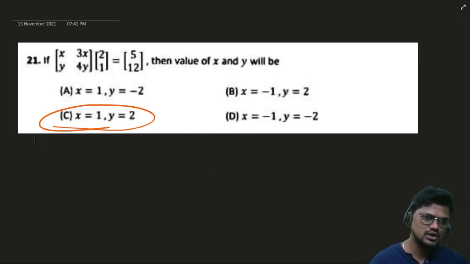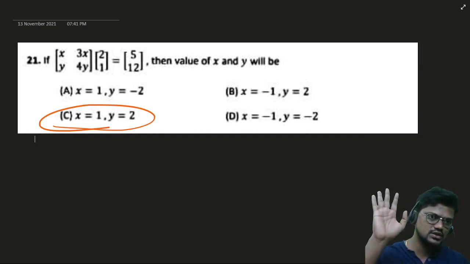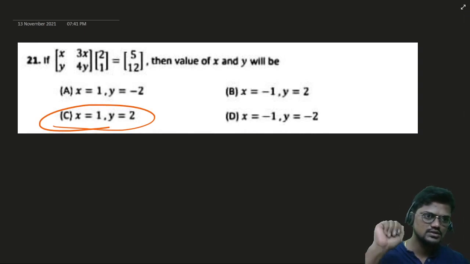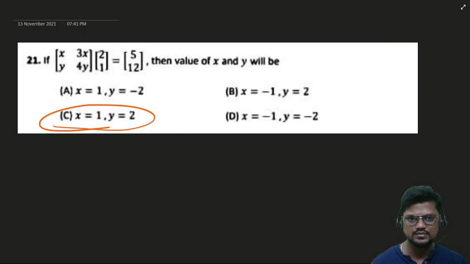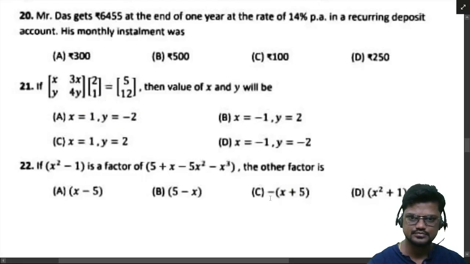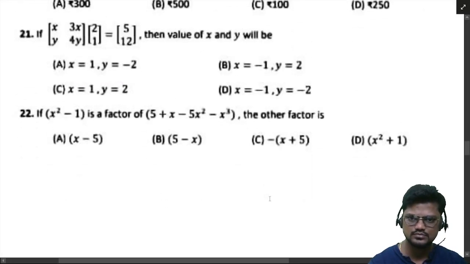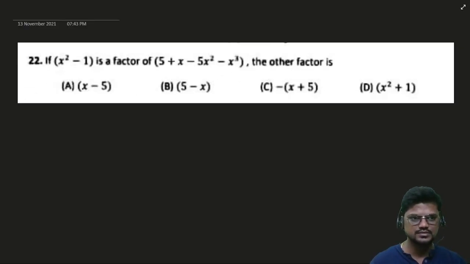Anyone over here want me to solve? Please raise your hands. Then I will solve it. Anyone over here want me to solve this question? Then please raise your hand. Only then I'll solve. Okay, Dikshant, fine. Now the next problem. Okay, Shruti. We'll have to check. If you want me to solve, then please you can also. Okay, Daksh is saying to solve.